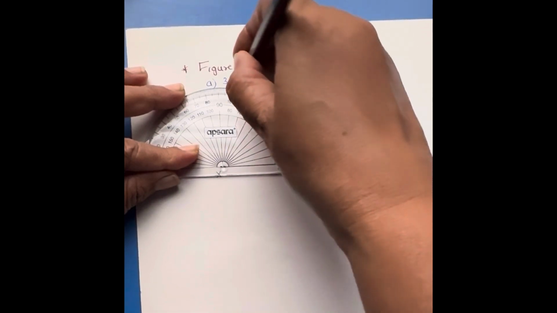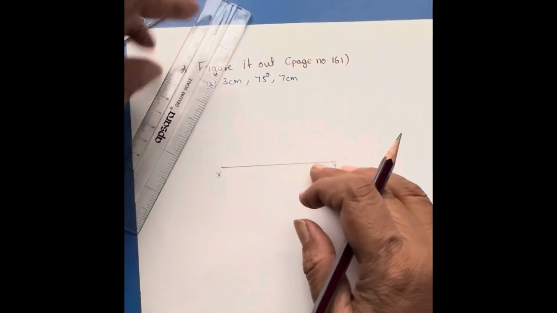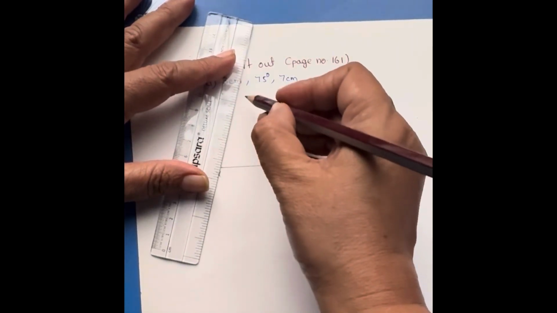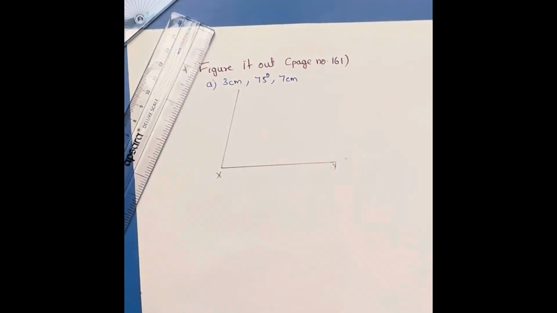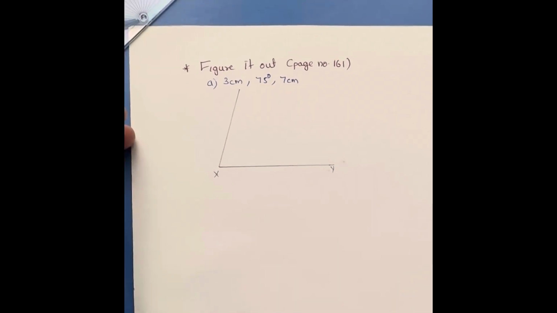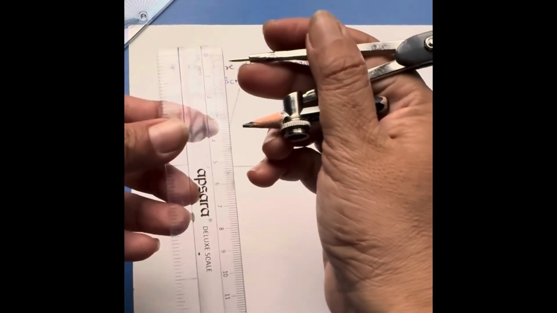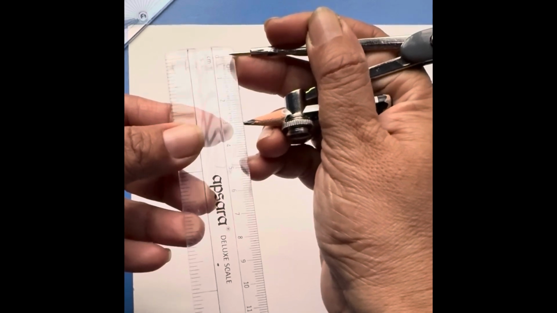So there is a little darker line over here. So you can mark a point there and just join these 2 points with the X. Now this is 3 centimeter. The other side is 3 centimeter. So that we measure with the help of a scale and a rule